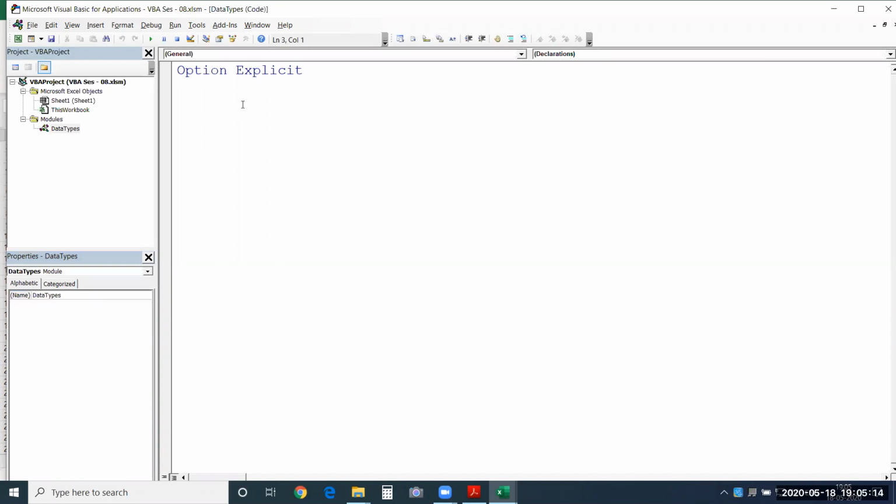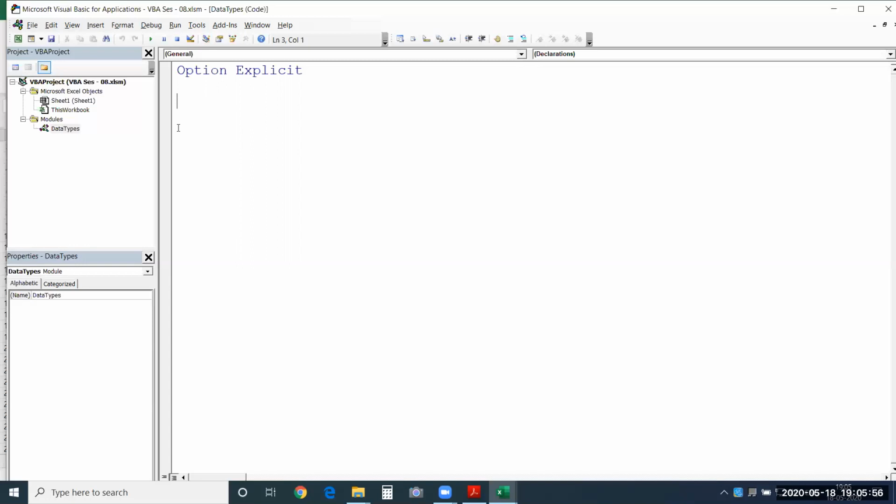See, data types are those which tell us which category our data falls into. It is necessary for us to categorize the data so that the memory of the computer is utilized in a better way. Until now, in all the programs we have worked on, we have just used cell addresses, or we have referred to a sheet or shape. We have never used data types in a program, which tell us what type of data it is and how to refer to it.